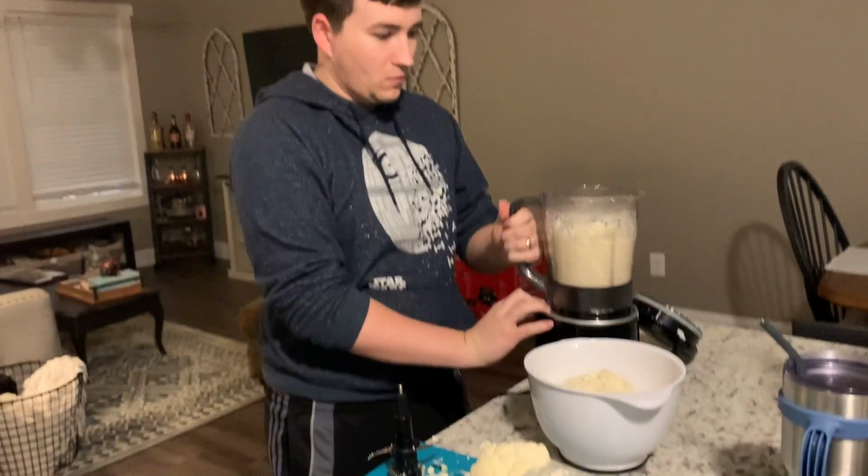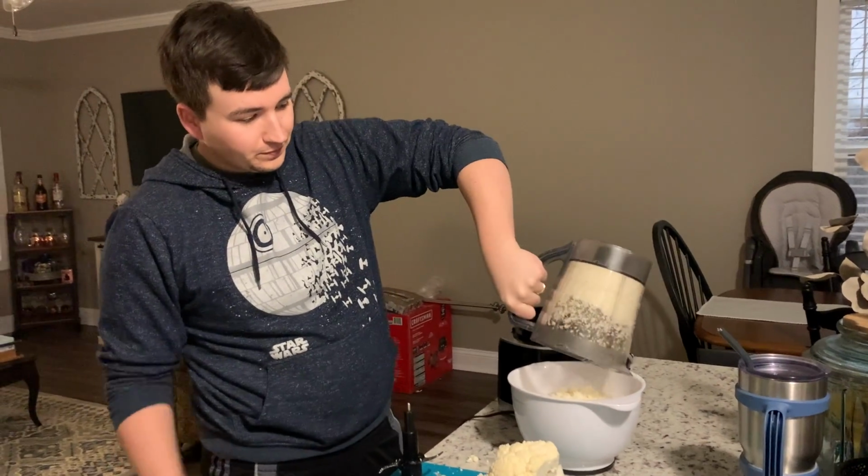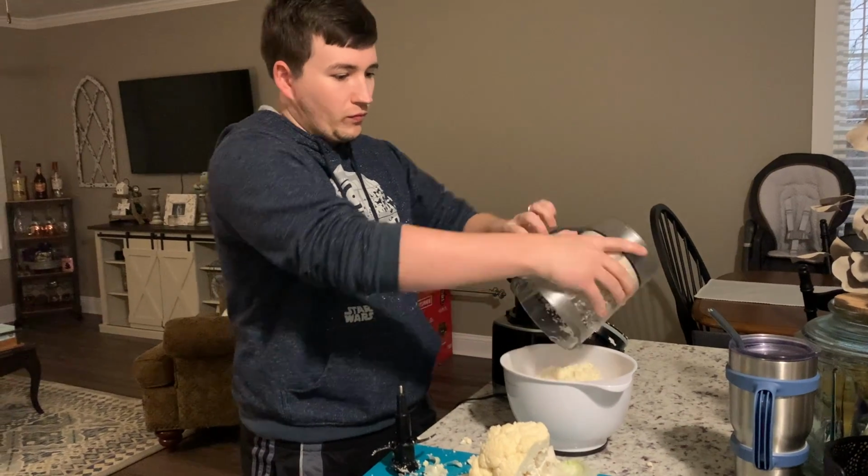Yes, it's very important to remove the blade before you dump the rice. I have made that mistake so many times, and then you end up with a blade buried in whatever it is you're blending, and it kind of sucks. So anyway,